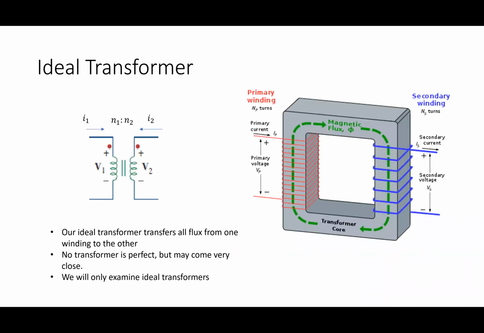Okay. So we're going to focus in here on what we call an ideal transformer. A non-ideal transformer would be one where not all of the flux makes it from the primary to the secondary. No transformer is perfect. Some of the flux would leak out. In other words, some of the flux would actually go like this and around. Some of it would quote unquote leak and not make it. But if I've designed this guy well, that leakage is usually small.